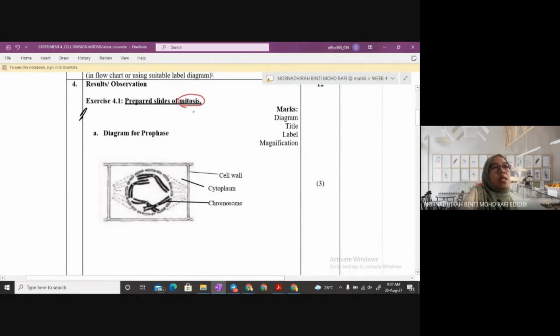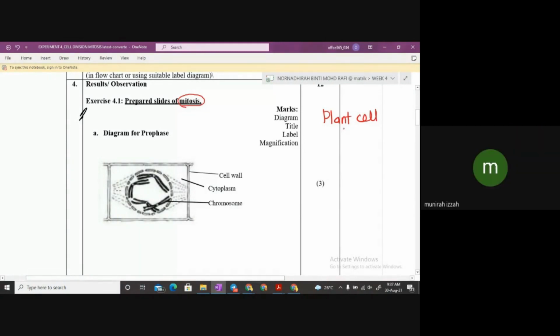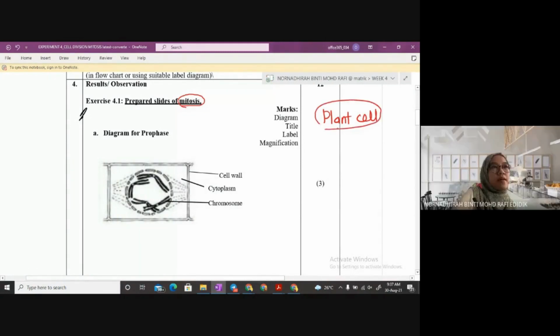Remember, bila saya dah sebut plant cell, apa yang dimaksudkan dengan plant cell? Macam mana awak nak draw plant cell? Apa beza dengan animal cell? Ada cell wall. Plant cell, awak kena make sure awak kena buat 2 membrane kat situ. There are 2 membranes. Another one is cell wall, another one is plasma membrane. And then make sure awak kena buat dalam bentuk